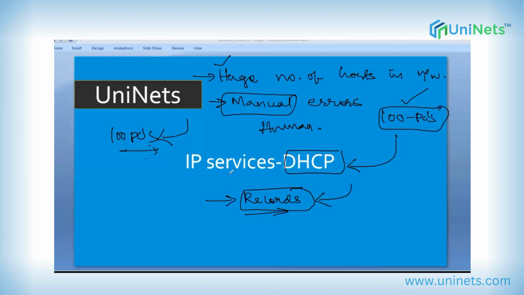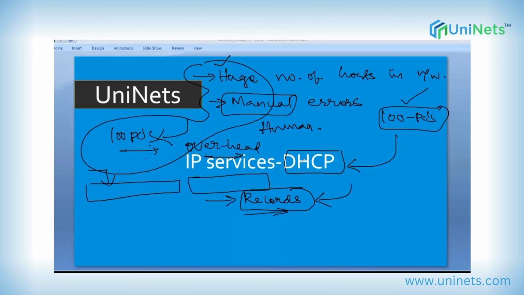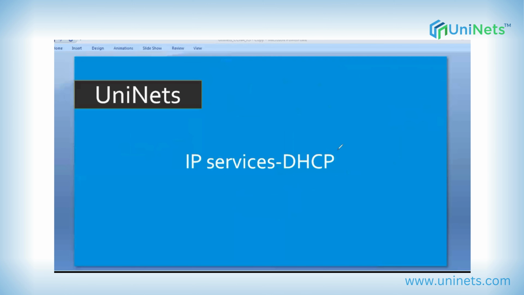We have to make a sheet of which PC, with what MAC address, we have given what IP address. It is again an overhead. So in order to avoid these three major problems, we have come up with DHCP, which is Dynamic Host